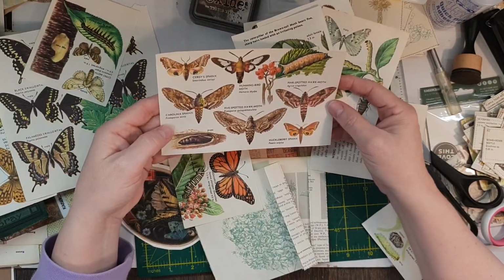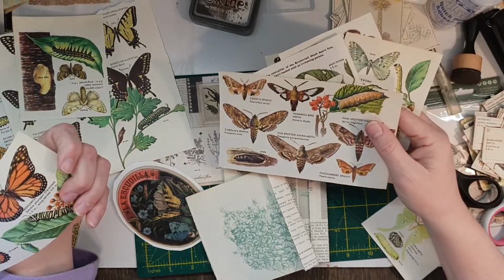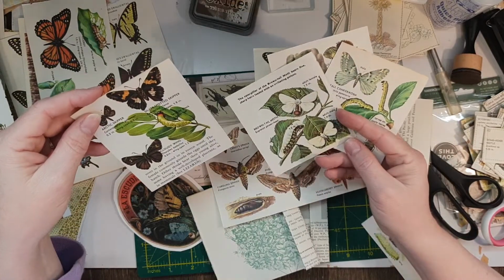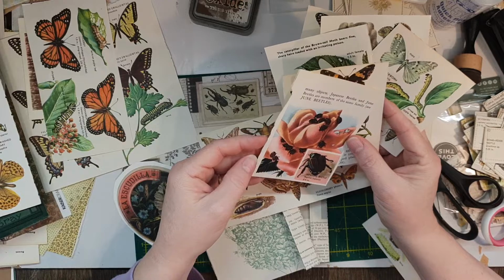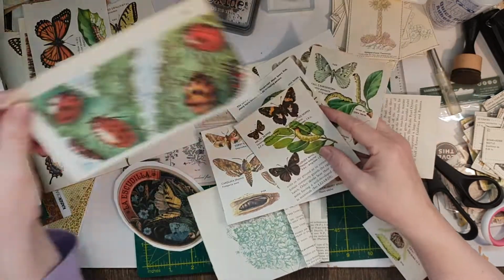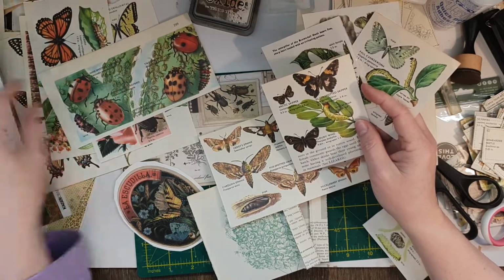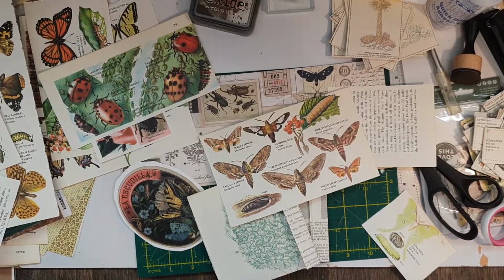Oh, how beautiful are they? They're so gorgeous. I like it. I need some of you. I can hear birds. I actually really like that about the beetles, and I really like that. So I might incorporate those in there as well. So, well, for now,